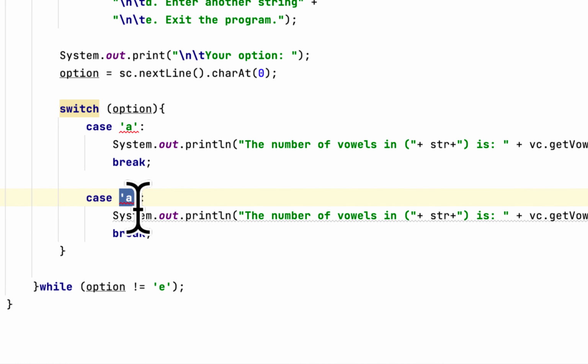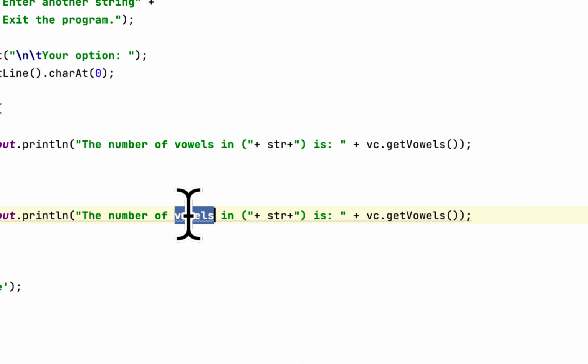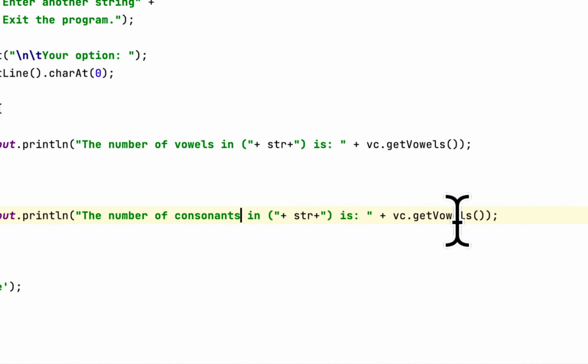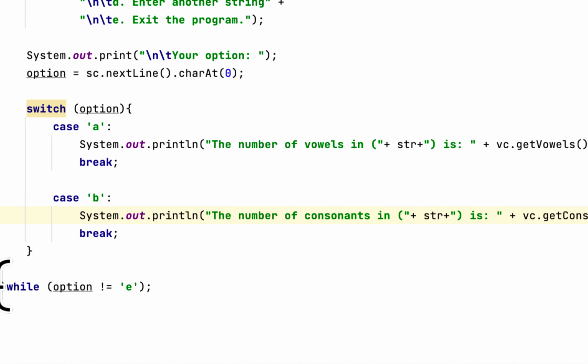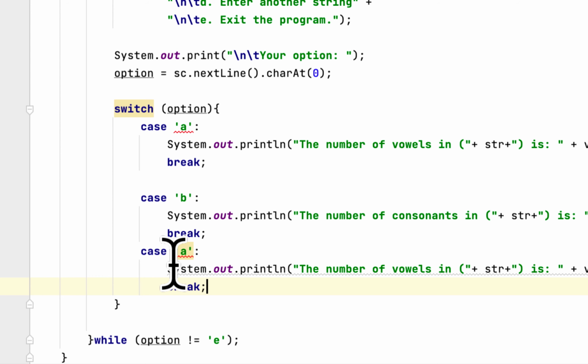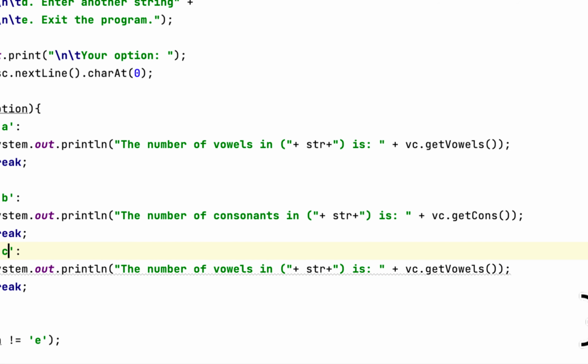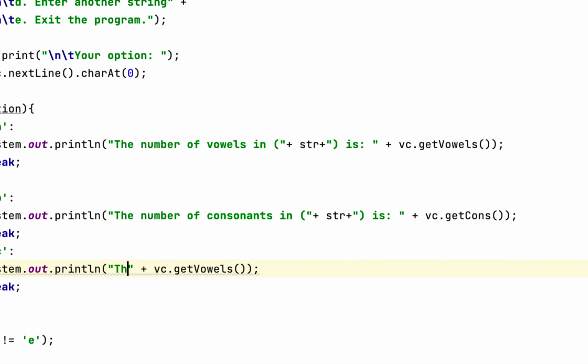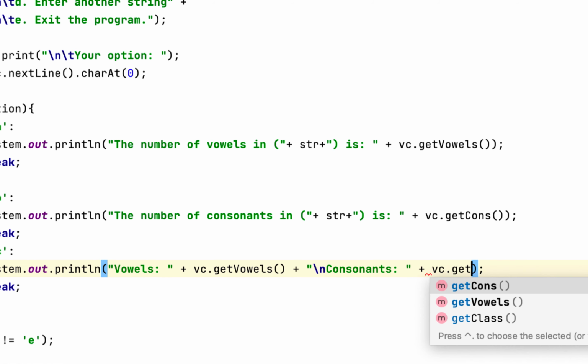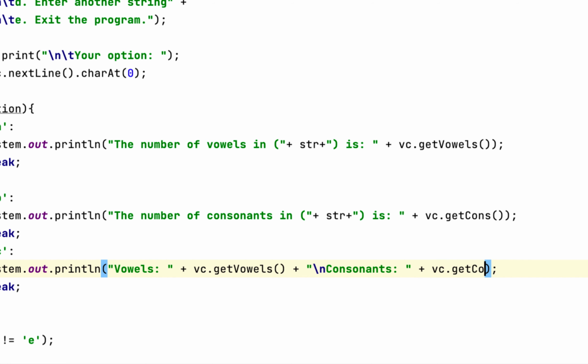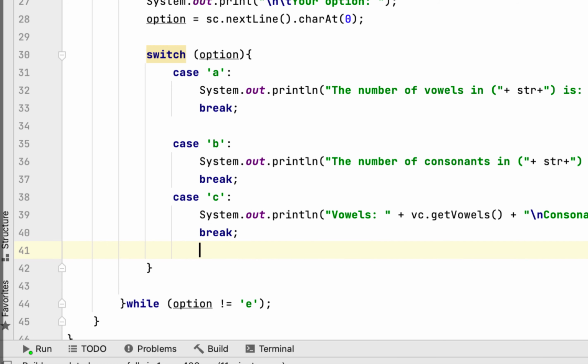So this time we say B, the option B is consonants, and we'll get cons, and if it is C, we want to see both consonants and vowels. And we'll say vc.get cons, and if it is D,